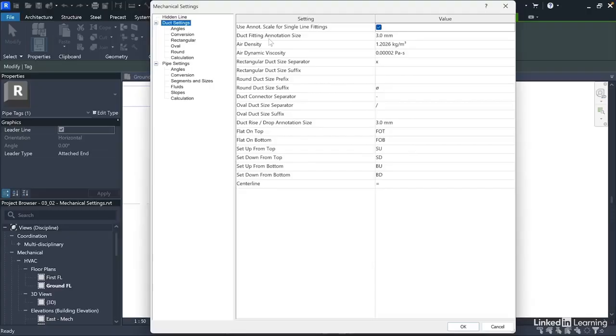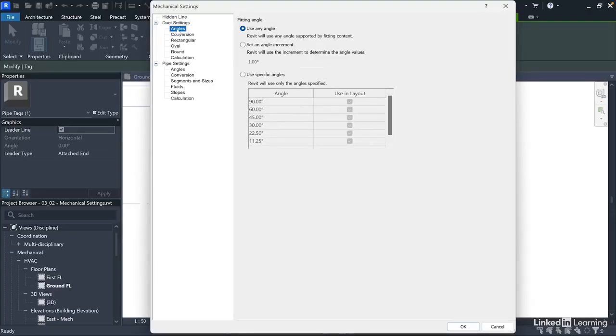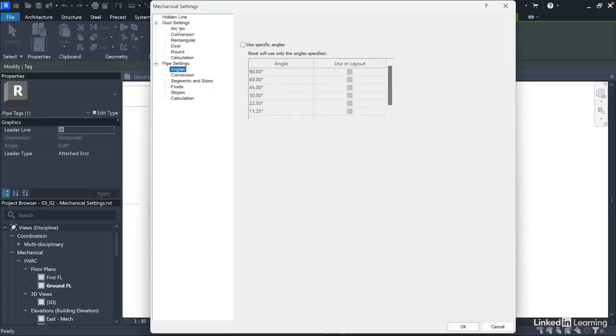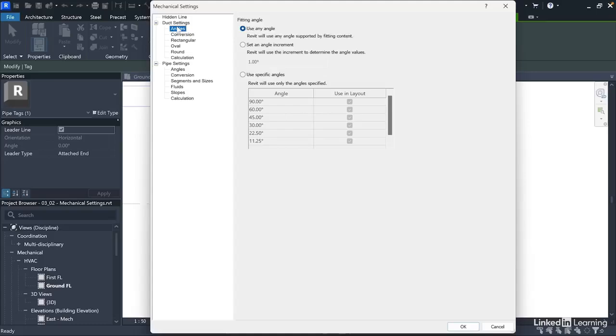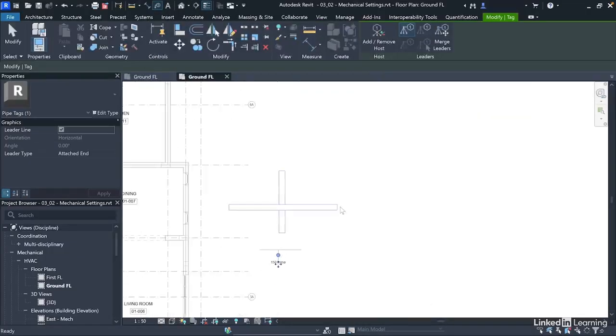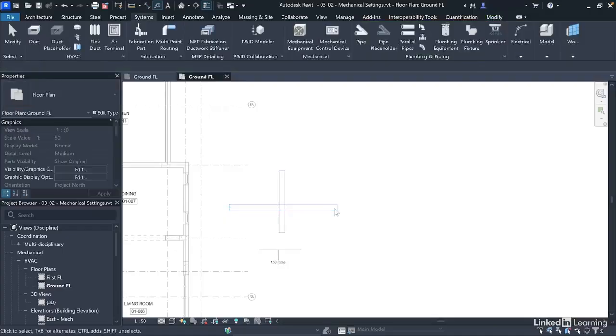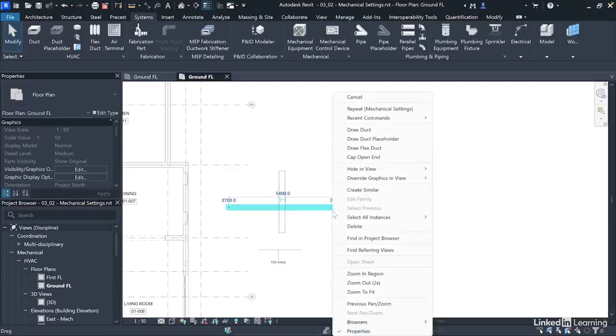The next setting I have here is angles, both for ducts and for pipes. So this informs the fitting angles connecting the different ducts and pipe segments, and you can use any angle. You can set an angle increment, and you can also use specific angles. So let's say we use specific angles. So that means these are the only specific angles that we can use as angles between ducts or pipe segments. So let's say I create a similar duct. I select this duct and I create similar,